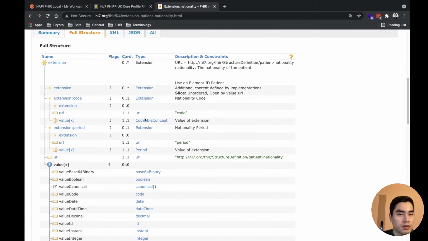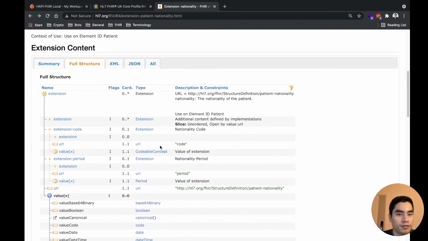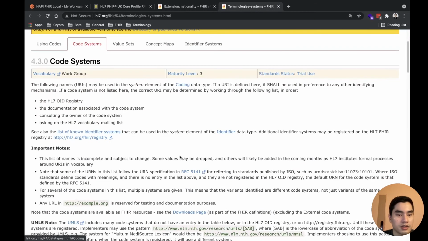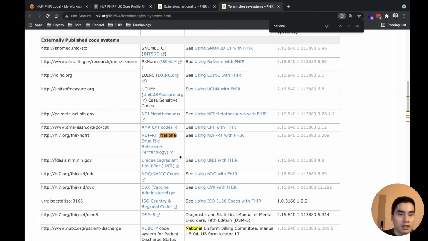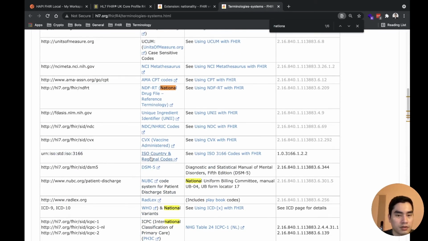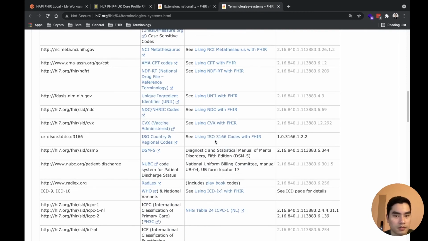So it's codable concept. And I think it's here, national code. Yeah, country code. Yeah, I think it's this one.